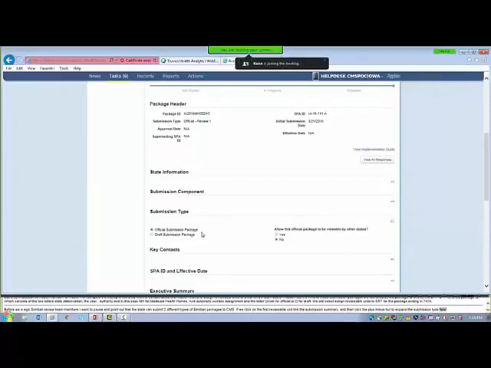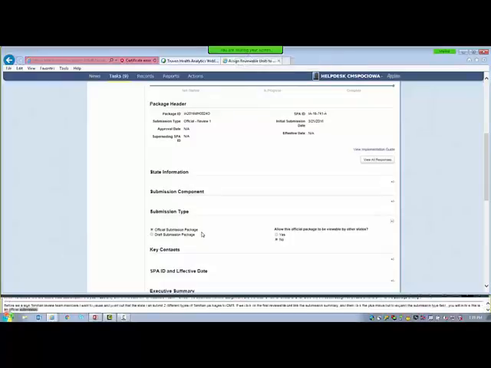An official submission package is used when the state is prepared to submit to CMS. This starts the 90-day clock. CMS may review, approve, implement RAI, or clarification.